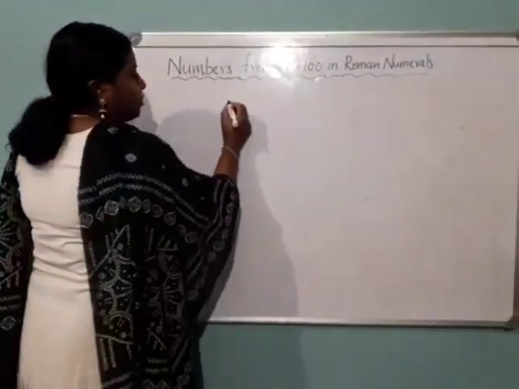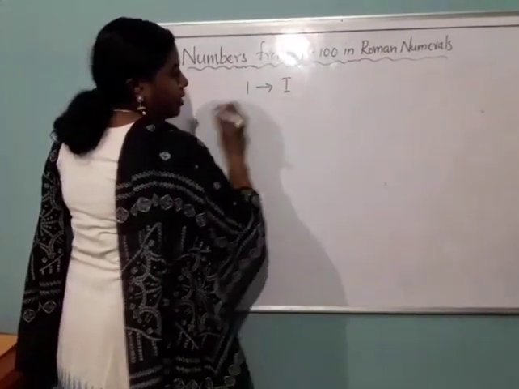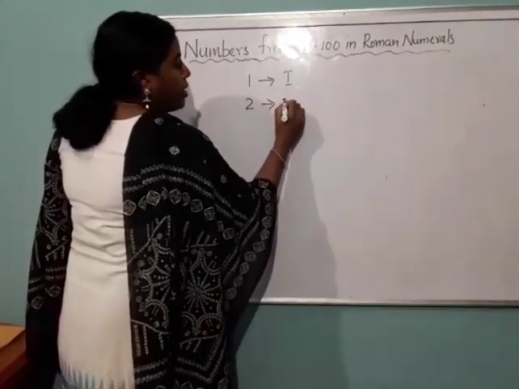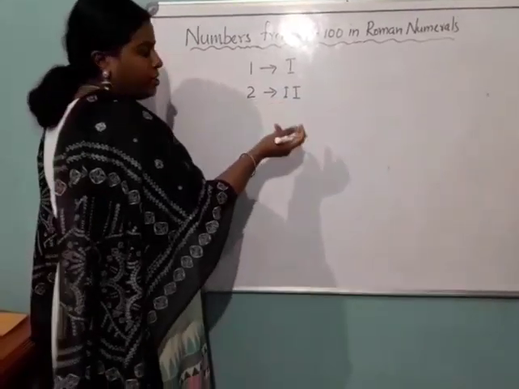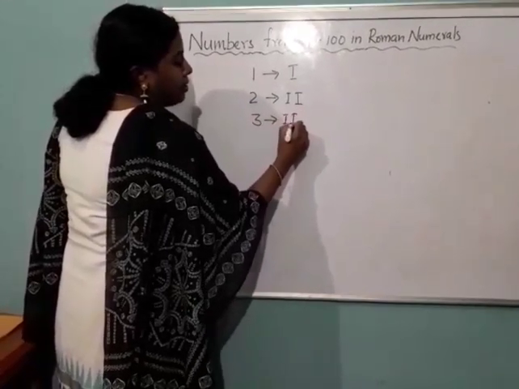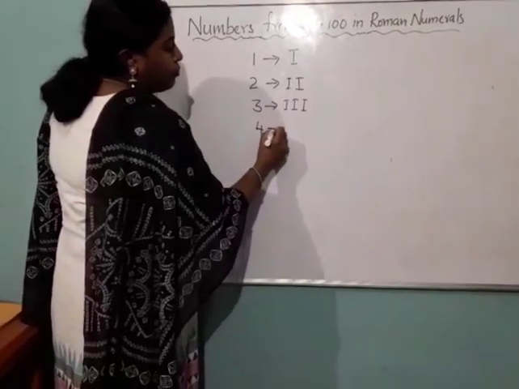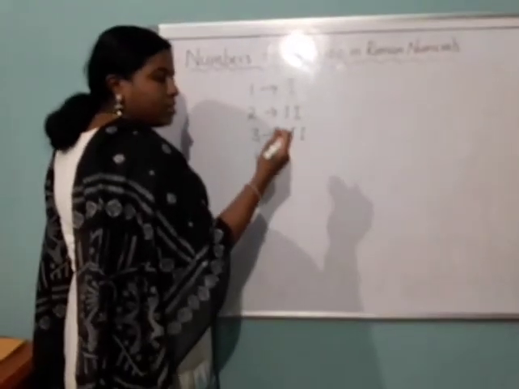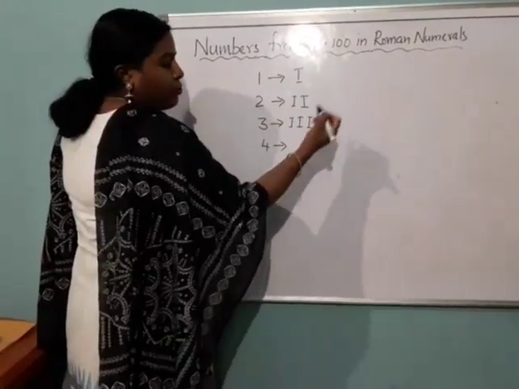For this, you know that 1 is represented by the symbol I. Now to write the number 2, we use II. Here we use the rule of repetition. Now 3, we use the symbol I 3 times. III for 3. Now to write 4, we cannot use the symbol I 4 times because any symbol cannot be repeated more than 3 times. So we will use the next symbol.